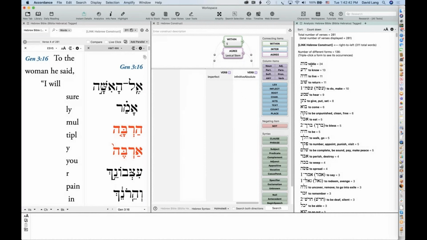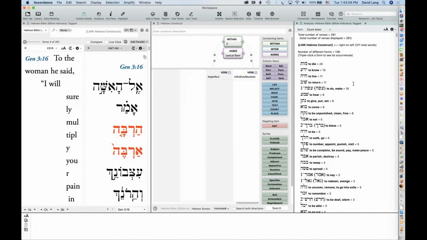Well, you get moot, that's the big winner, you will surely die. But you also get yada, know for certain, haya, you will surely live, shuv, you will surely return, asa, you will surely make, and so on. So these are the words that are most frequently used in this particular construction.